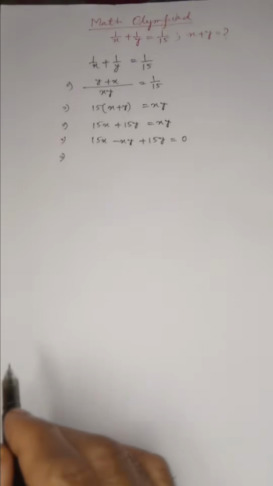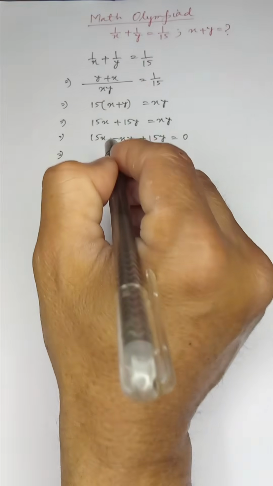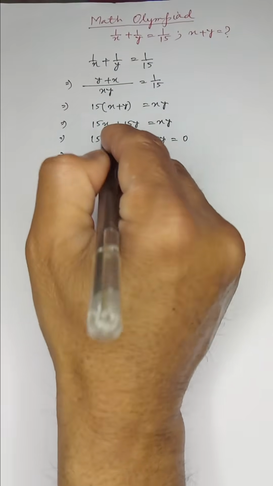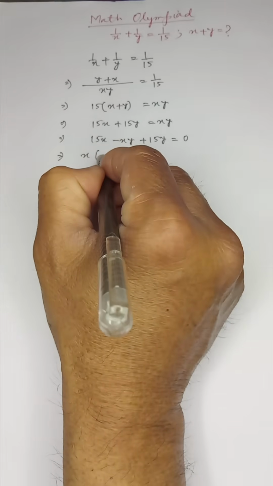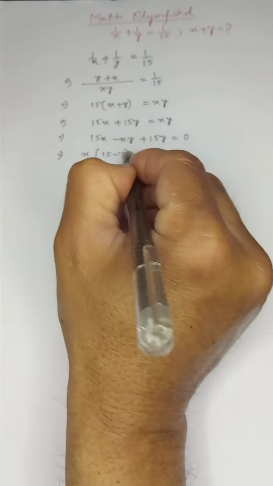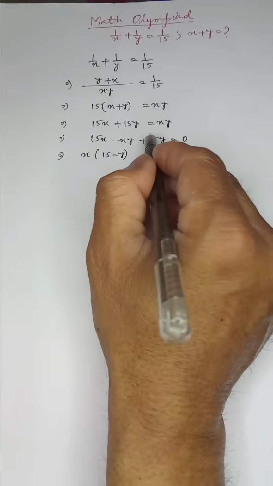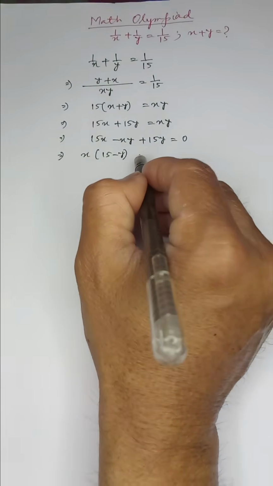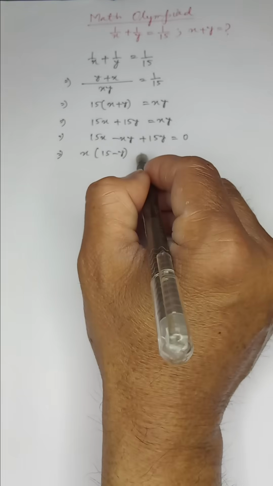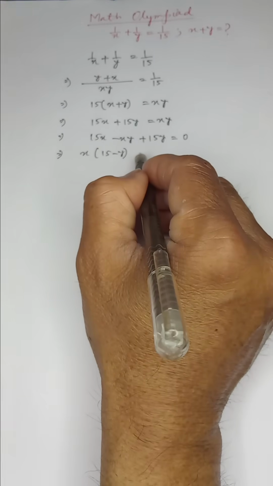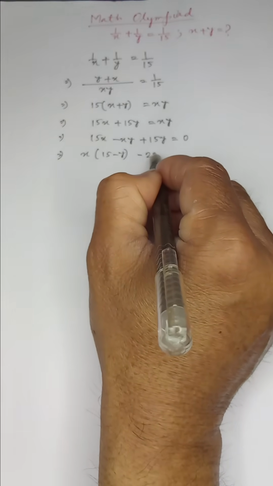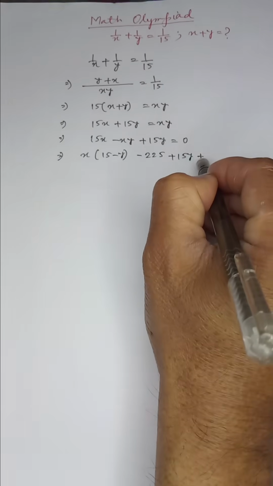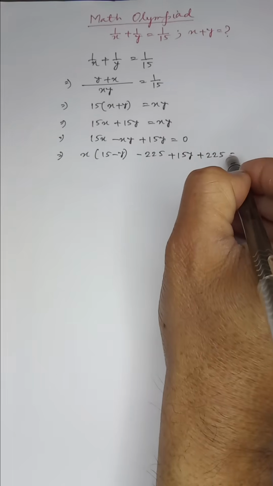Or if I take x from these two, we get 15 minus y. To get 15 minus y, we have to subtract 225, so 15x minus xy plus 15y minus 225 plus 225 equal to 0,